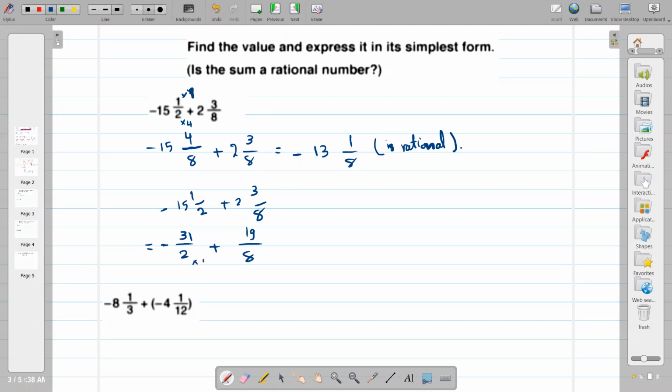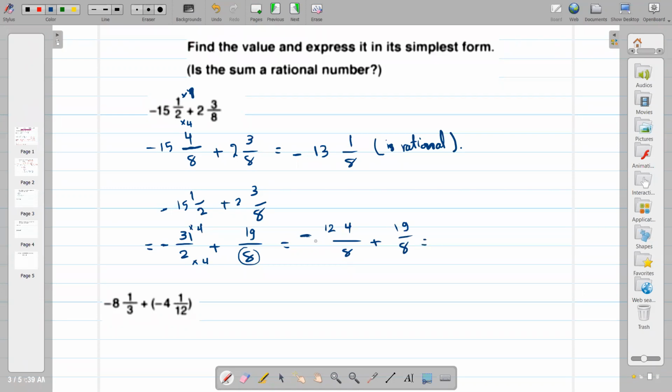Okay, multiplying this number by 4. Why multiplying by 4? To make it the same denominator. Equals negative 31 times 4, 4 times 1 is 4, and 3 times 4 is 12 over 8, plus 19 over 8,